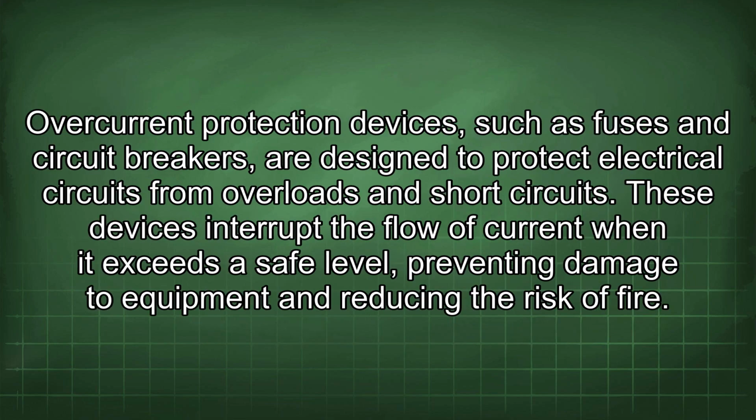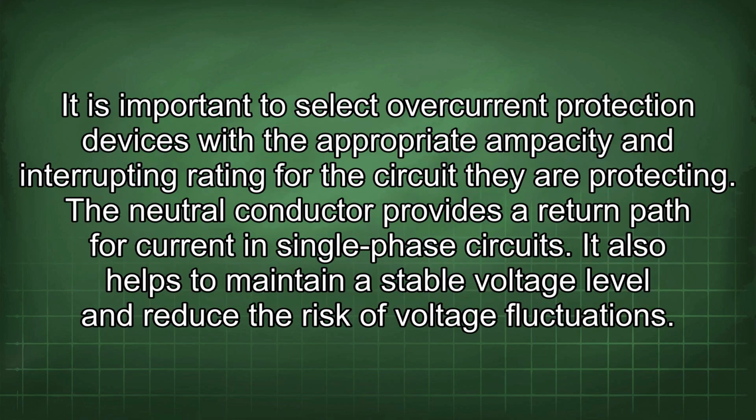Overcurrent protection devices, such as fuses and circuit breakers, are designed to protect electrical circuits from overloads and short circuits. These devices interrupt the flow of current when it exceeds a safe level, preventing damage to equipment and reducing the risk of fire. It is important to select overcurrent protection devices with the appropriate ampacity and interrupting rating for the